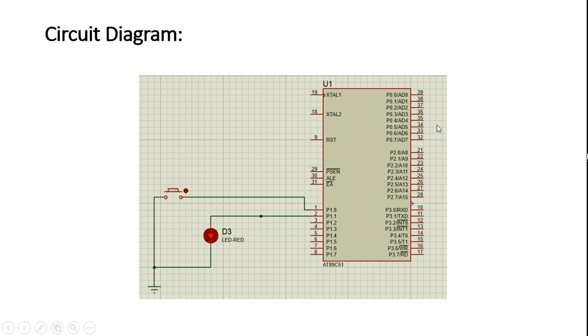Again, I would like to mention here that the circuit diagram that we make in Proteus is a bit different from what we make in hardware. In Proteus we don't provide any clock, any reset, or anything to pin 31, address enable, or address latch enable. Similarly, we don't provide any power or ground to the microcontroller. You can, but it is not needed.